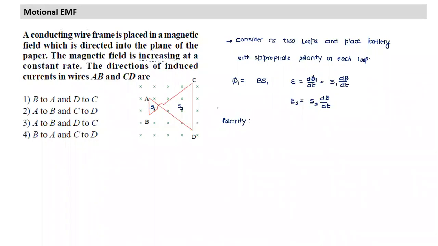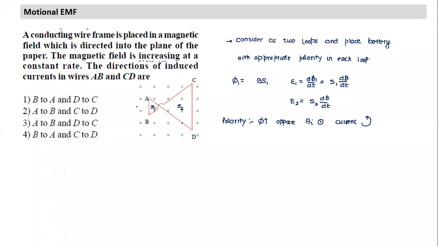What is happening here? The field is increasing. If the field is increasing, the flux is increasing. If the flux is increasing, it will oppose by creating an induced field in the dot direction. So the current has to be in which sense? Current has to be in the dot sense. It should create a battery that drives the current in this fashion.